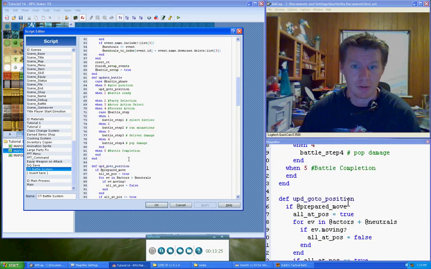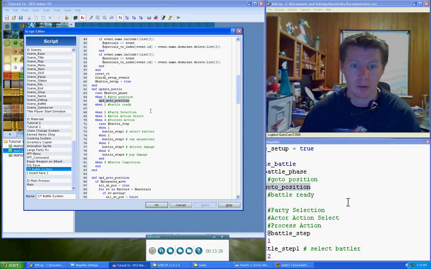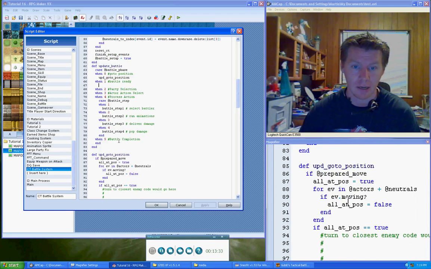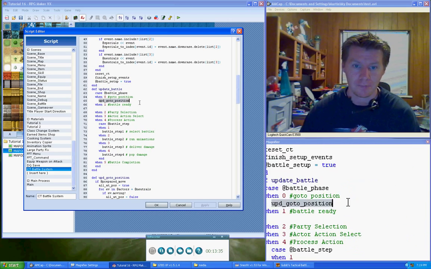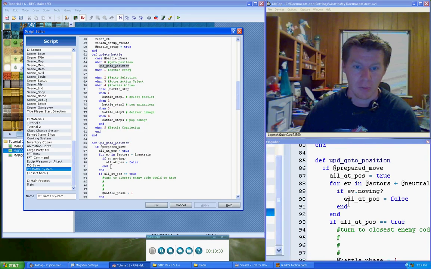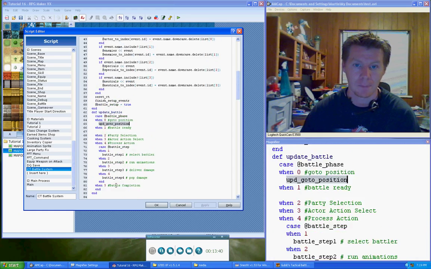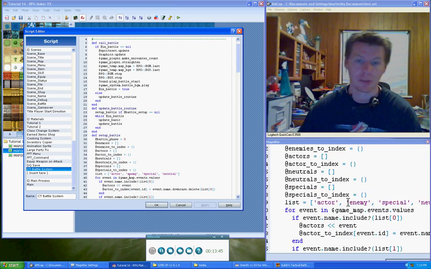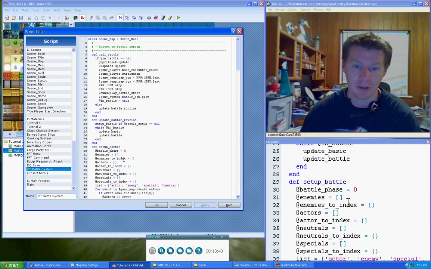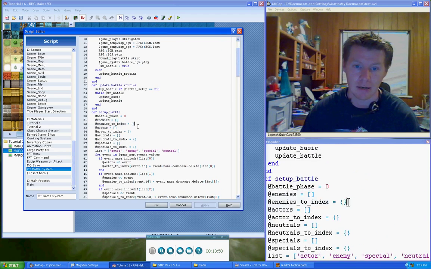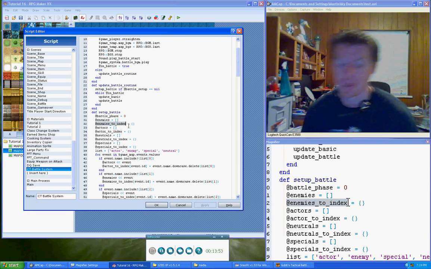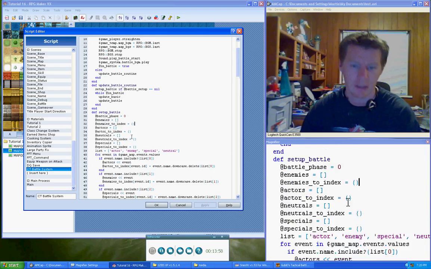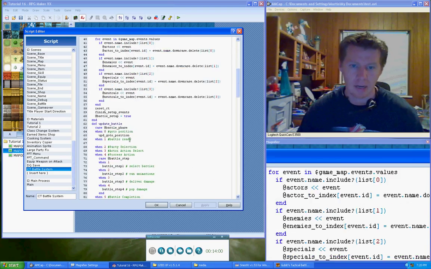Okay, so we are into battle. We now have our positions. Our actors, we all know, are there. However, even as part of that, we don't know our enemies, we don't know how many of them are out there. We actually haven't assigned them to anything other than just to read them in and get their index. We don't actually know that the troop otherwise actually exists. Although I guess technically at this point it's not really all that important. But we do need to start,